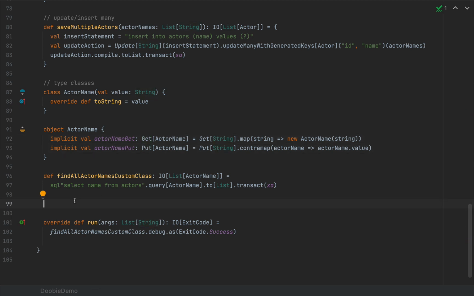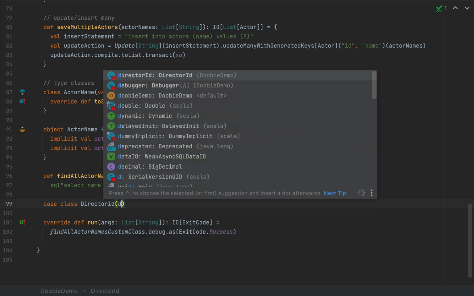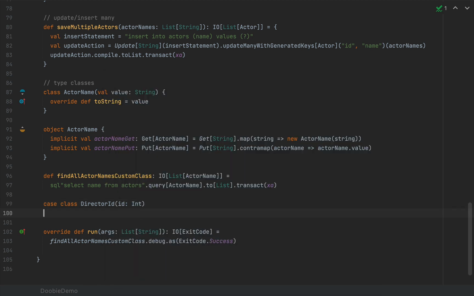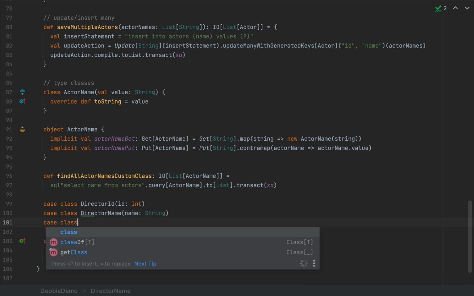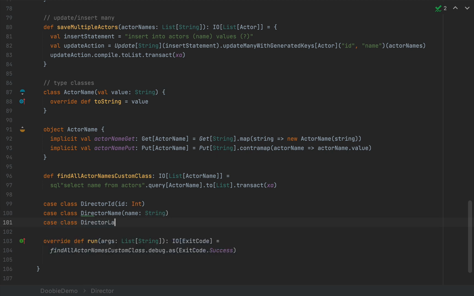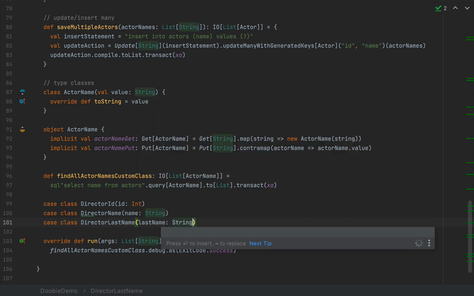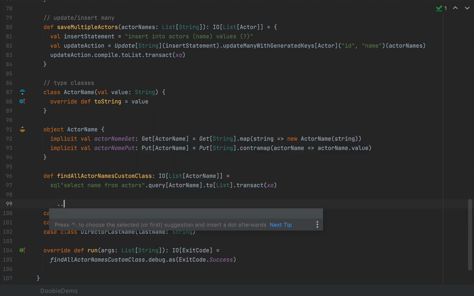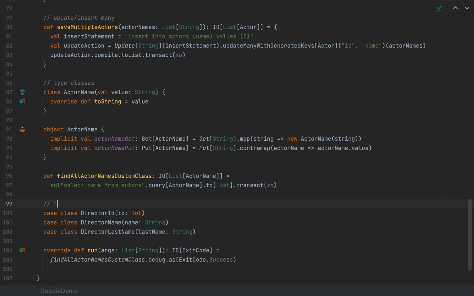So for instance, I'm going to create a case class. I'm going to call this DirectorID, which wraps an ID of type Int, another case class, DirectorName, with name as a String, another case class, DirectorLastName, which contains the last name as a String. Now, I structured these as so-called value types,